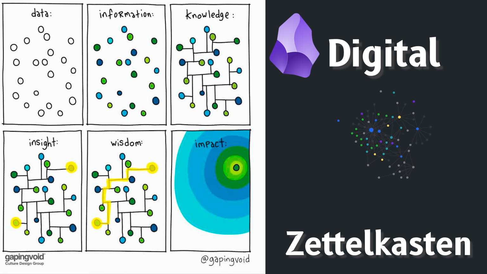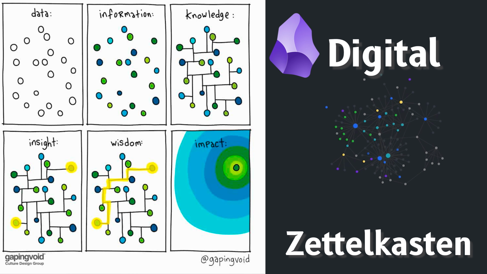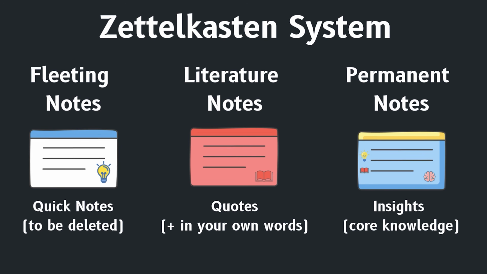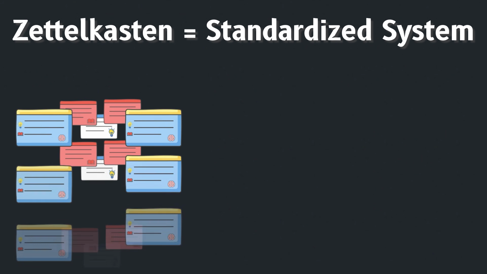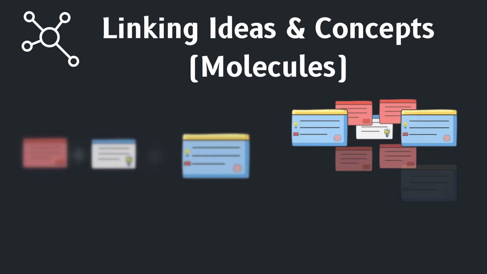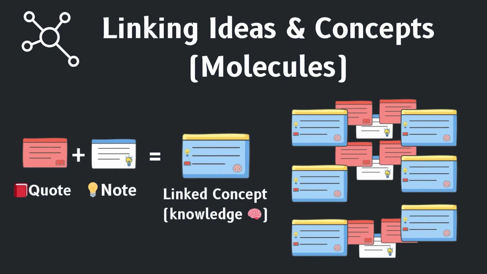Obsidian can be incredibly helpful for making new connections, a major perk compared to the physical Zettelkasten system. The main benefit is that you're standardizing a system of building blocks, like Lego, where you can reuse your notes in an infinite number of ways. You don't have to think about the organization or structure, which frees up your mind to focus on the ideas